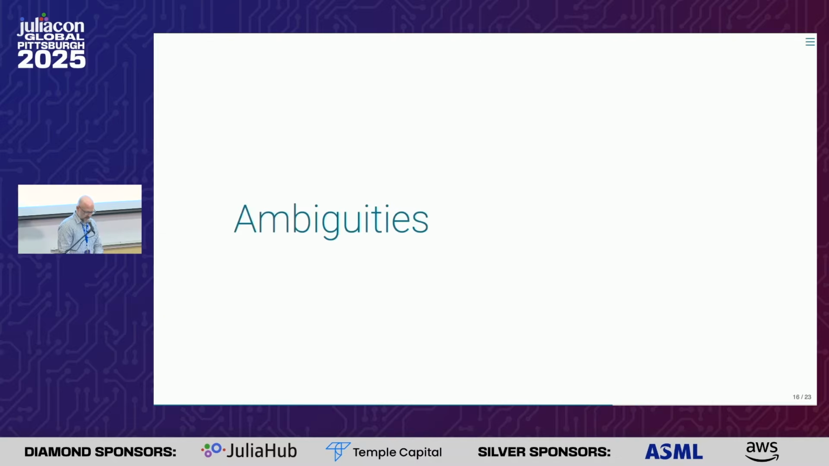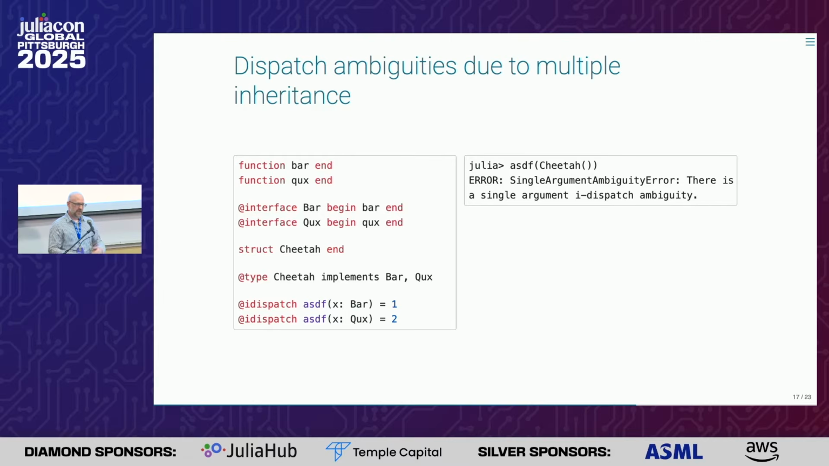Okay, so I skipped over the section slide. There are probably some people with questions about ambiguities. So ambiguities can happen when you have multiple inheritance. Even when you're just dispatching on a single argument, you can still have an ambiguity. So here's an example of dispatching on a single argument where we end up with an ambiguity due to